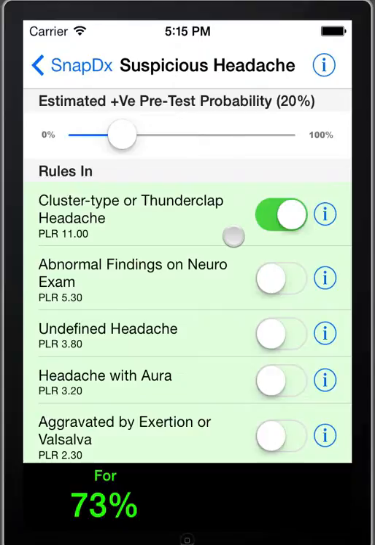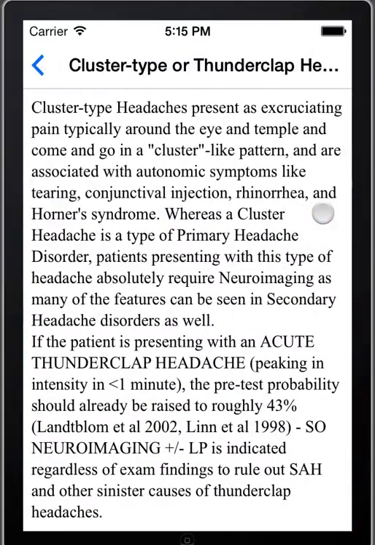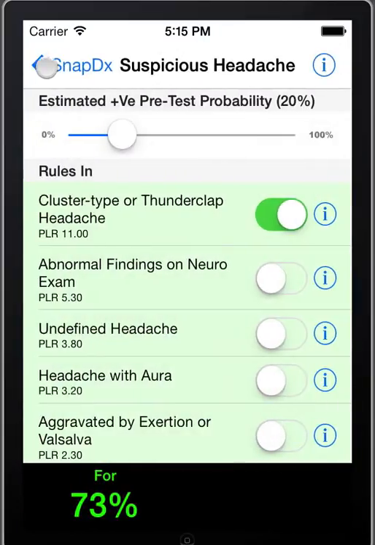And if you look at the I button, it goes over the features of a cluster type headache and a thunderclap headache, and gives you some of the studies behind that as well. And you can click back, and let's assume that you have this similar patient but otherwise healthy,